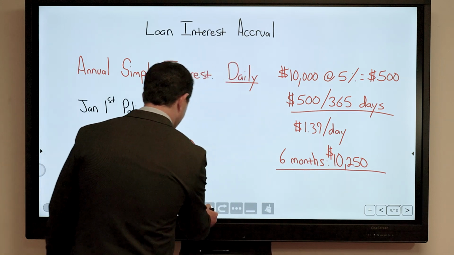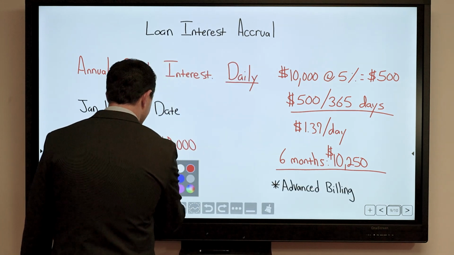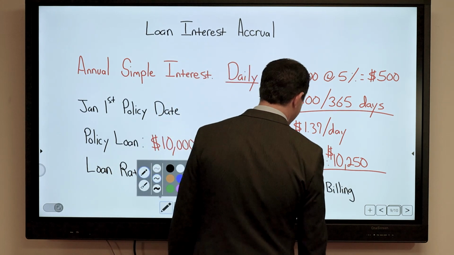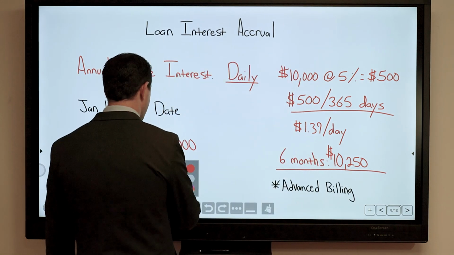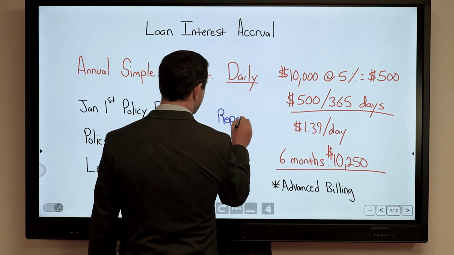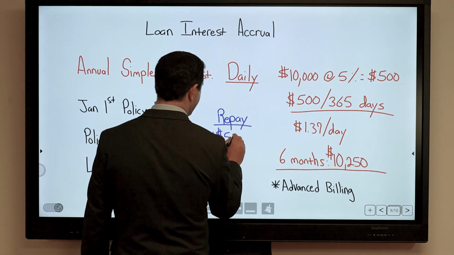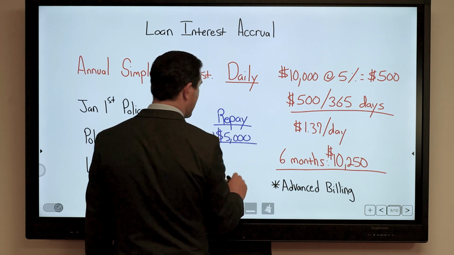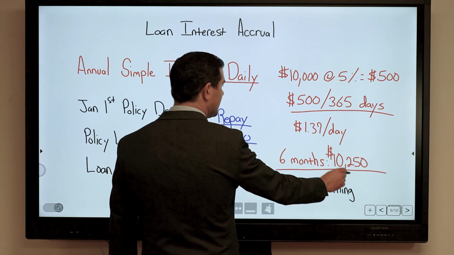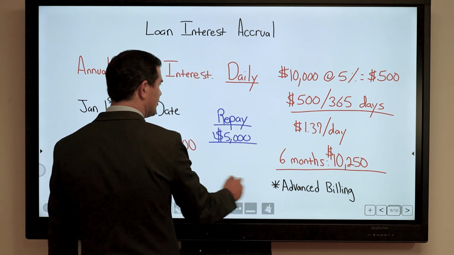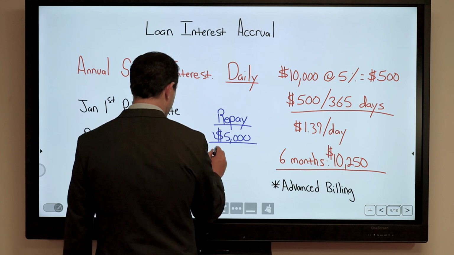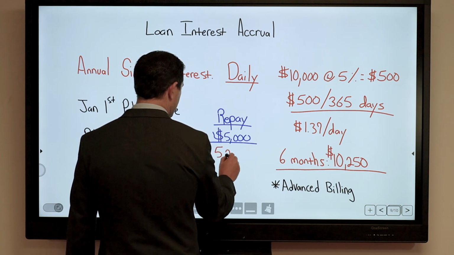Let's go through an example here. 6 months in, let's say my loan balance is $10,250 and I apply a repayment of $5,000. What would happen is first I knock down the $250 and then the rest is applied toward the loan balance. So that would be what? My new balance would be